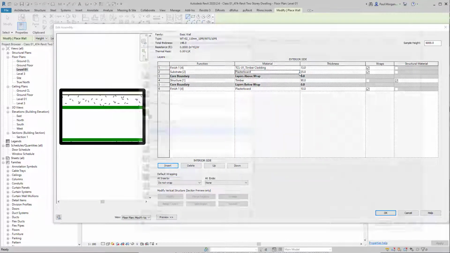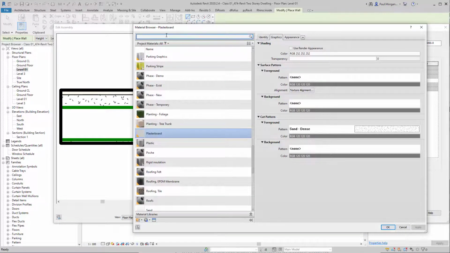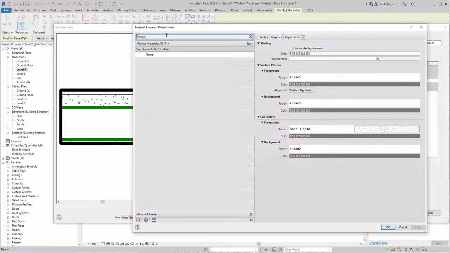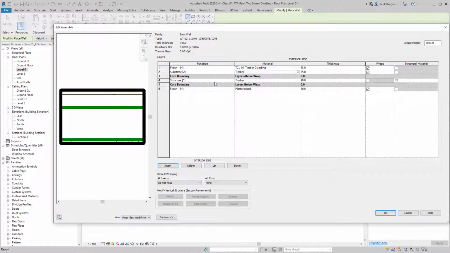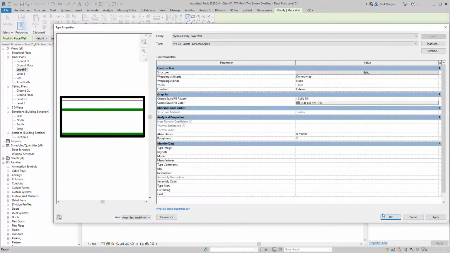And I'll change that to a timber material. So I'm going to go timber. Yep, there we go. So that's like a timber batten, essentially. Then you have the structure of the wall, which is still a 90 mil timber stud, and then you have the plasterboard on the other side, which is 10 mil as well. So that's all good to go. Everything looks right there. So I'll say OK,